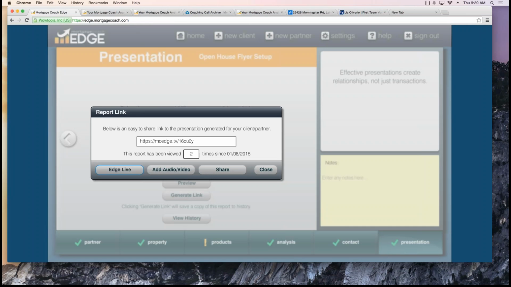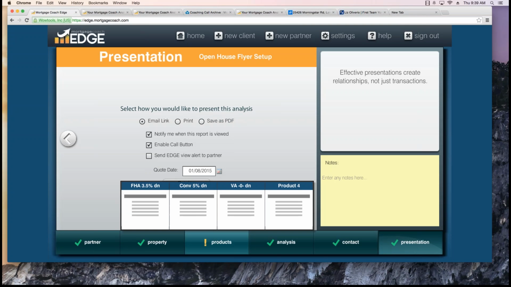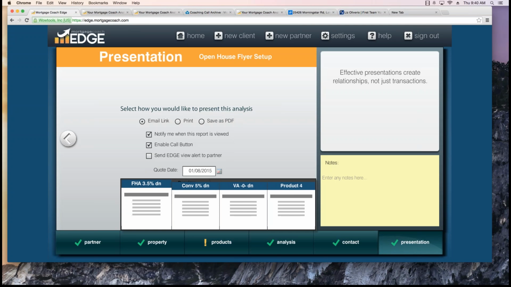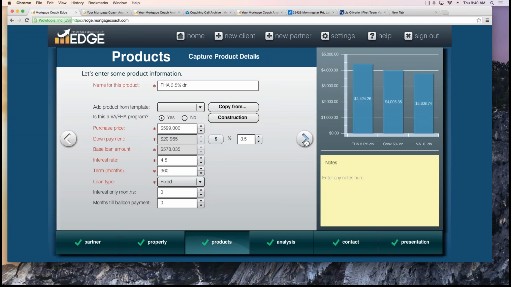And Edge Live. We're going to work with Edge Live when we get to our TCA. So we're done with our reports, and if you remember, we saved templates for each of those 3 products. So let me show you, because we did that, and another way of doing it is just, if you want to take a product from an open house and put it into a TCA, just always remember to